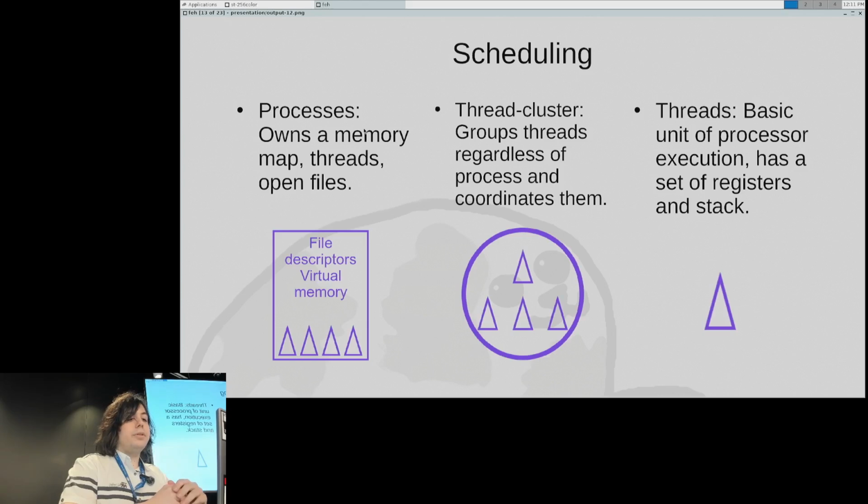One is the process, which owns the memory map, threads, and open files, the classical Unix notion of process, as well as the thread notion, which in Linux is a bit twisted. You have both things merging a bit. Here in Ironclad, they are truly separate identities. The thread, which is the basic unit of execution, has its registers and its stack, and then there is the thread cluster. The thread cluster can be thought of as a bundle of threads